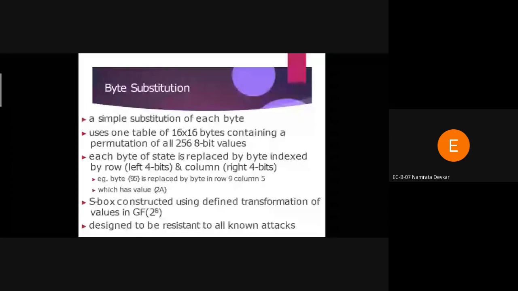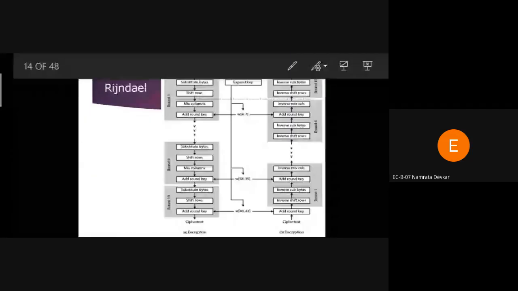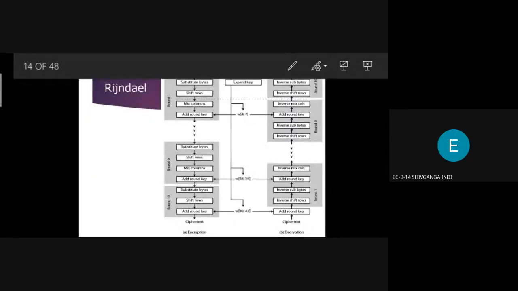Okay. So, good afternoon to all. In the last lecture, we studied the basic architecture for AES. Now we can study the structure of AES. It is also called the Rijndael algorithm, because the scientist Rijndael developed this particular algorithm.